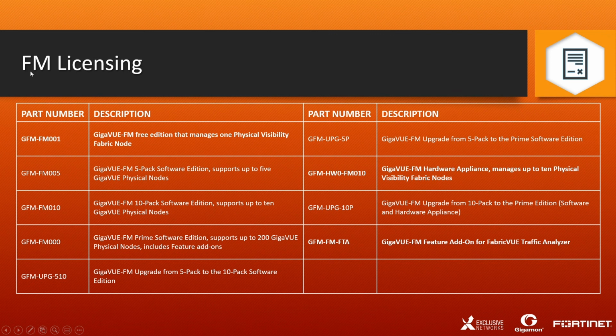So here are the FM licensing options. First and foremost, I want to highlight this first one. There is an FM free edition that manages one physical visibility fabric node. So this is an opportunity for you, if you have a deployment on a remote site and you're trying